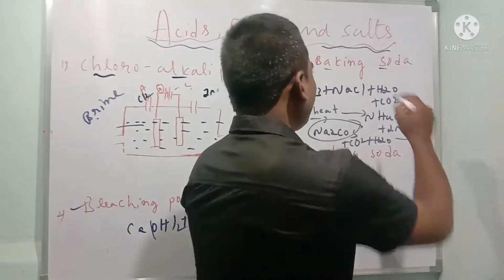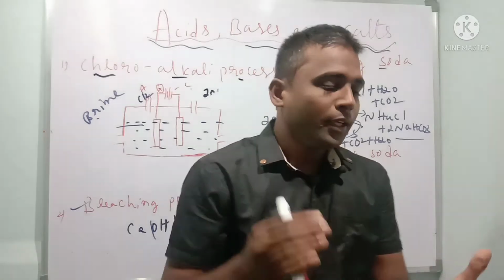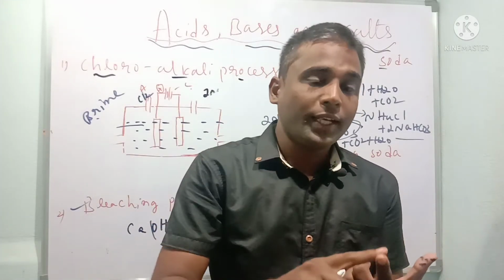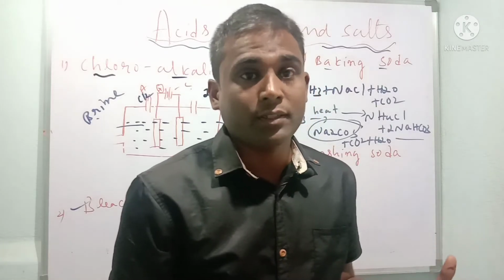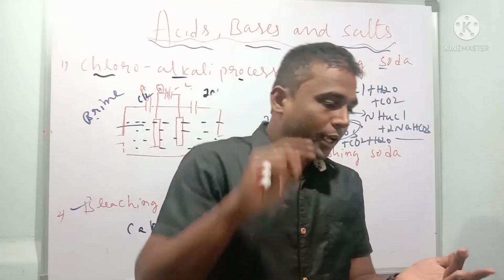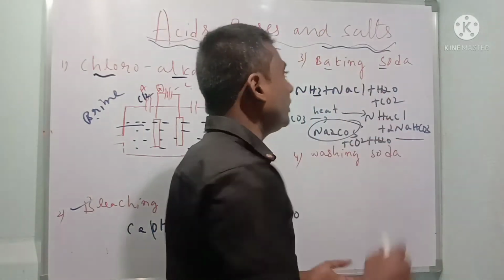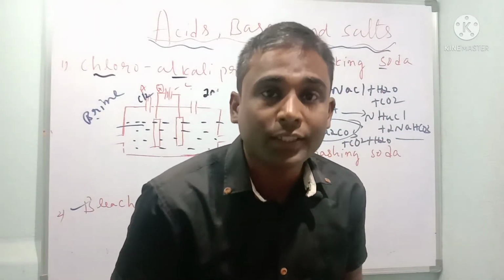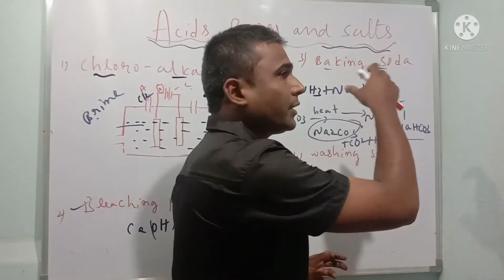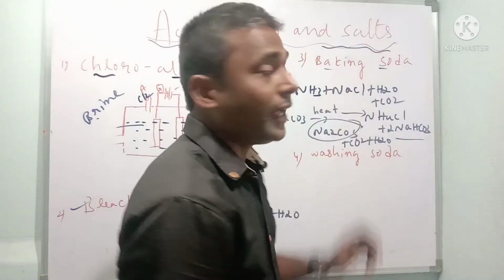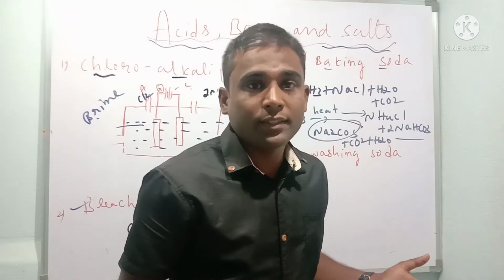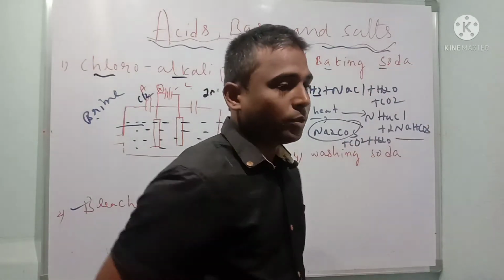Okay. Now uses of baking soda, very easy. It is used in bakery. It is used as a fire extinguisher to stop the fire, that is soda acid we are using. And also it is used in the preparation of washing soda. So these are all uses of baking soda. And also antacids, as I told you, ENO, soda, cool drinks, they use baking soda.